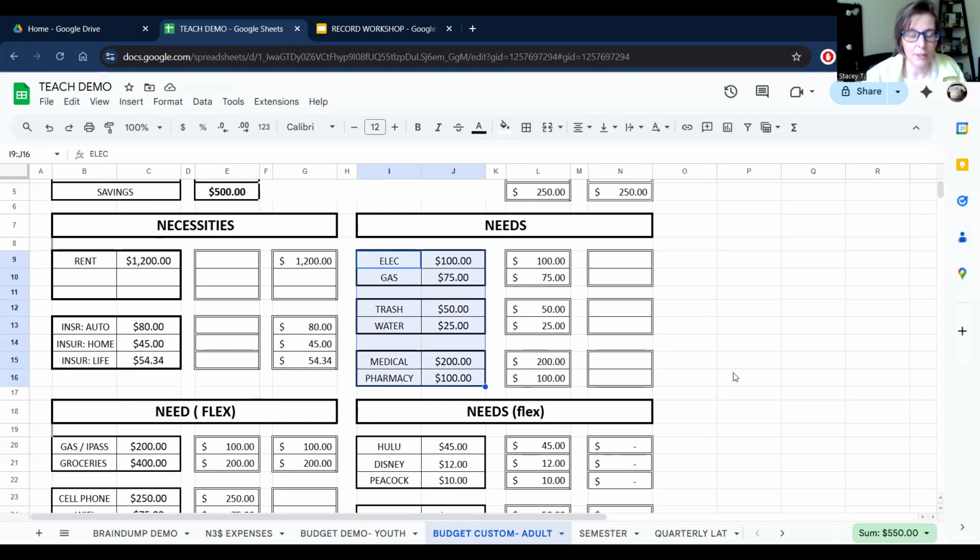And then you need a little bit because even though you've got insurance, hopefully you've got health insurance, you still have your copay or your out of pocket, whatever.